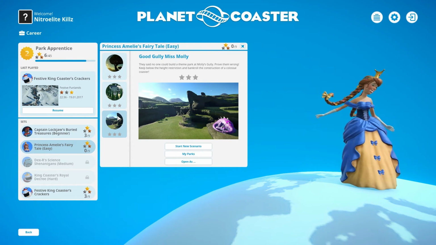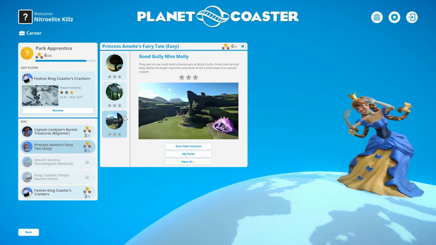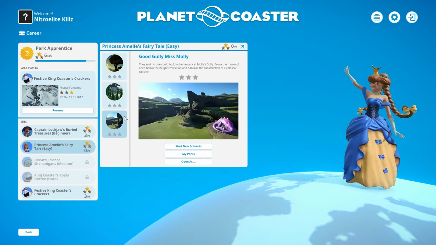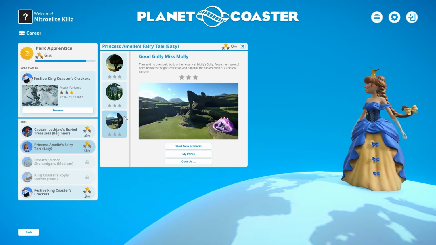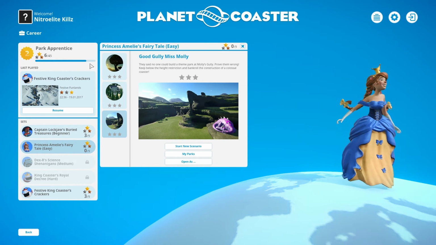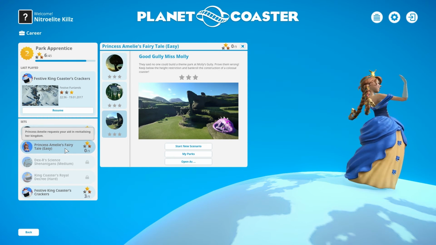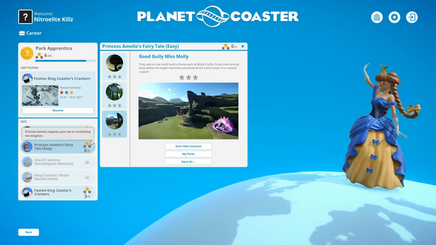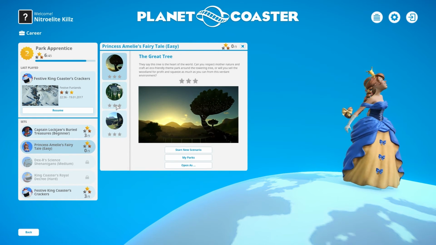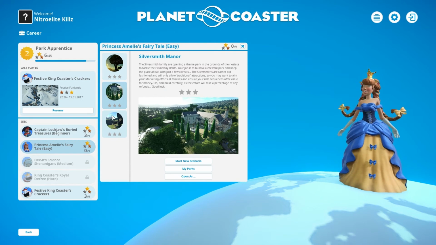Now, as you guys know, last time we did end up finishing off our festive park, and I've been looking around to see which kind of park we are going to do next, and we're actually already level 2. Also getting quite close to level 3 as well, so we can go ahead and go for Princess Emily's Fairy Tale, which over here we've got 3 different options, which would be either the Great Tree or Silversmith Manor